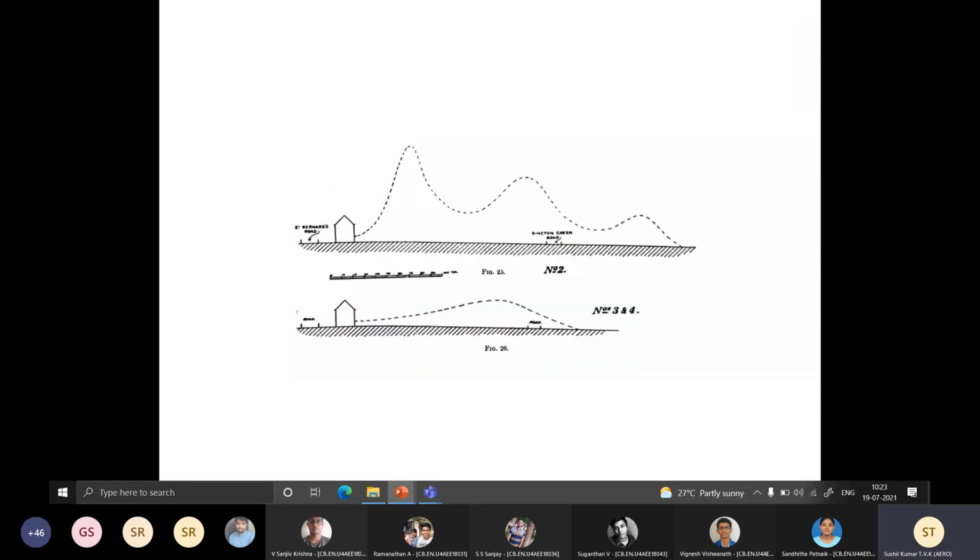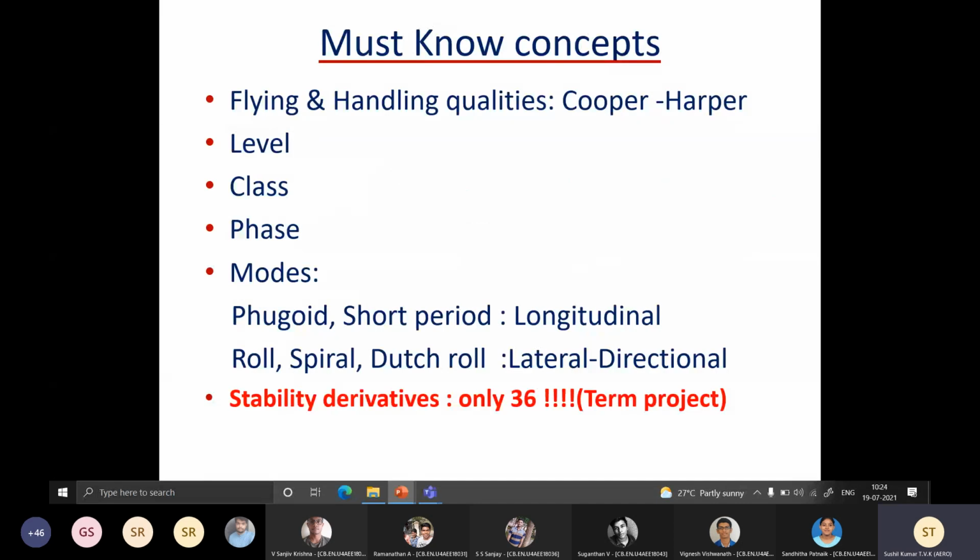Okay. So this Lanchester person, he did the same thing. He tried flying a lot of gliders, launching them from an elevated platform, and the aircraft used to oscillate like this. Okay, so that's how he tried to get this number. So in this course, a few things you'll have to learn: flying and handling difficulties. Already I told you what it is. Level